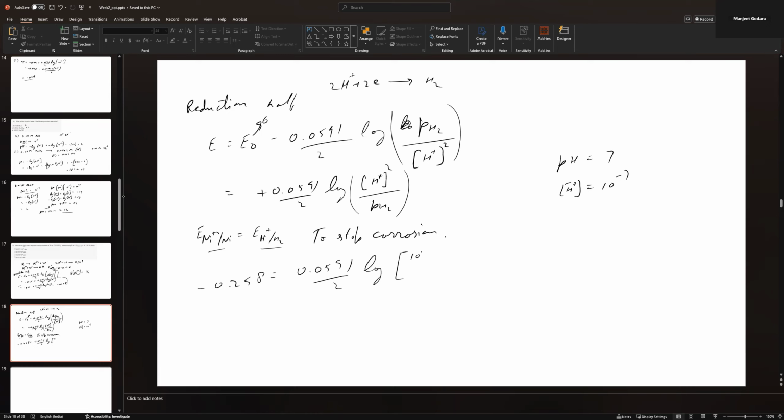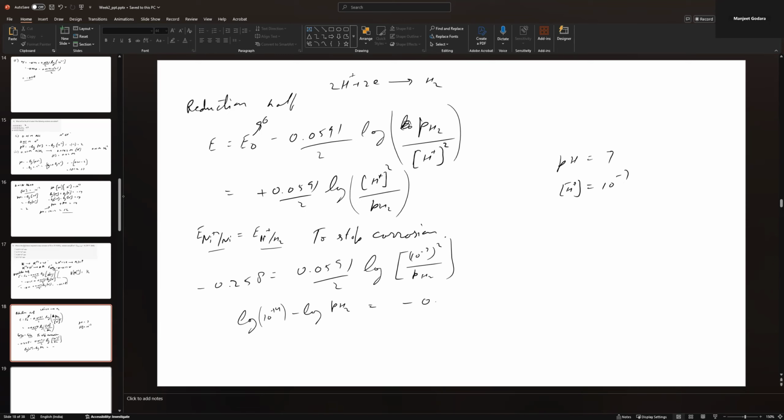So 10 to the power minus 7 squared divided by partial pressure of H2. Log of 10 to the power minus 14 minus log of pH2